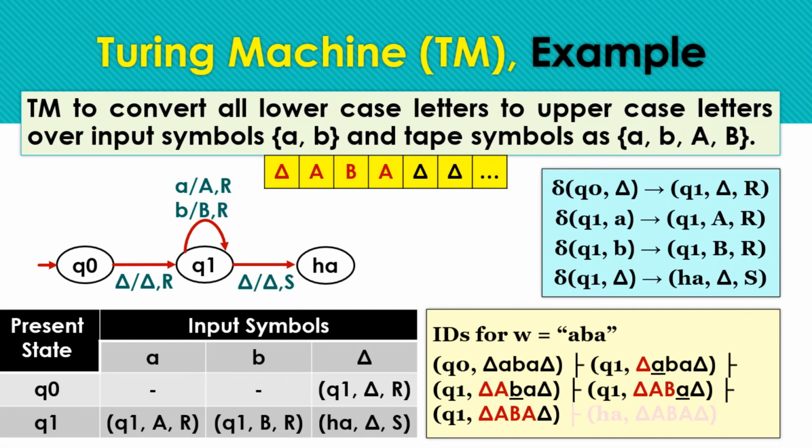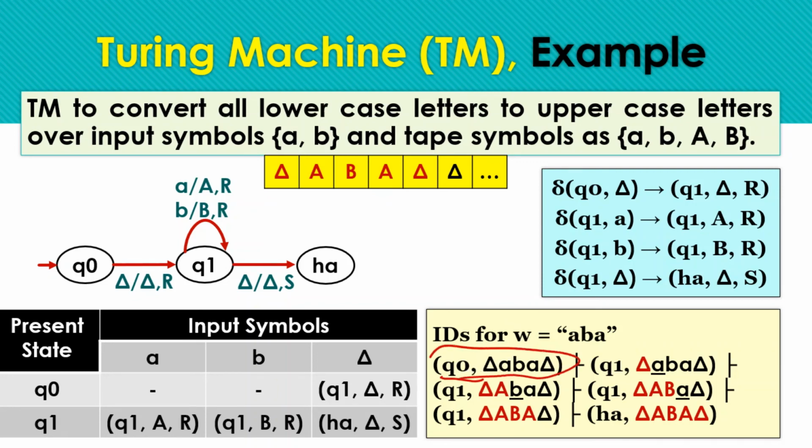Now the tape head is pointing to a blank after the last symbol of the input. After this blank we move to the halt state by this transition, replacing this blank with blank, and here is the corresponding ID. So this is the way to define a Turing machine for the given problem, write the transition diagram and transitions, write the transition table, and show the acceptance of a string with the help of